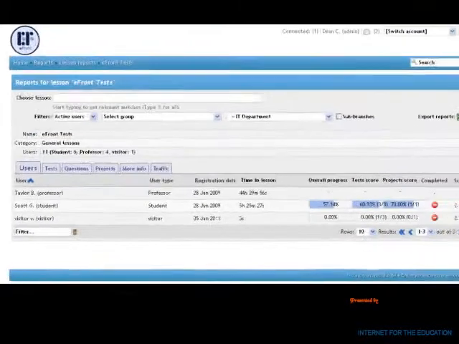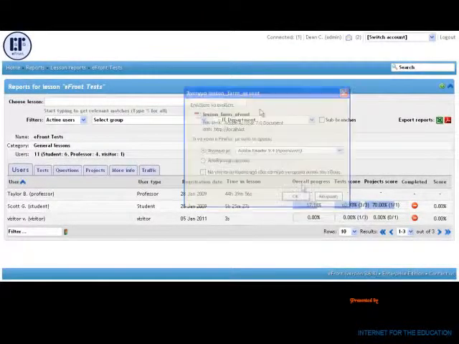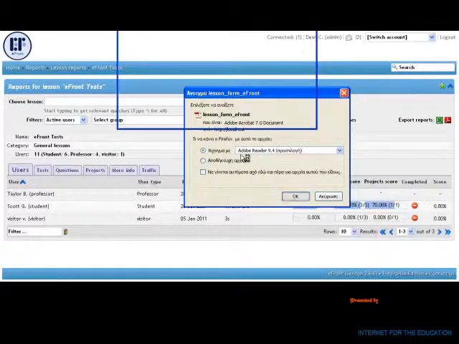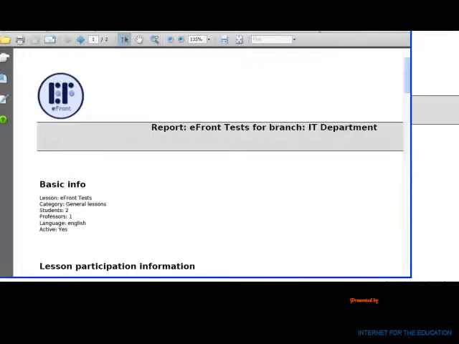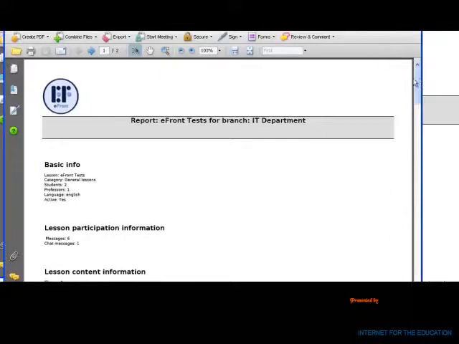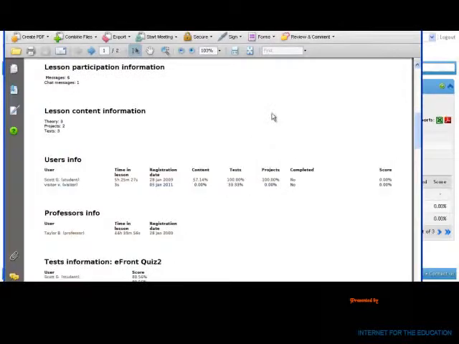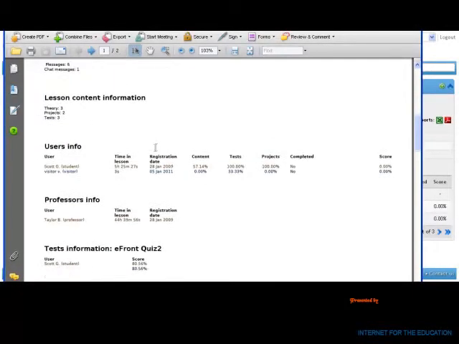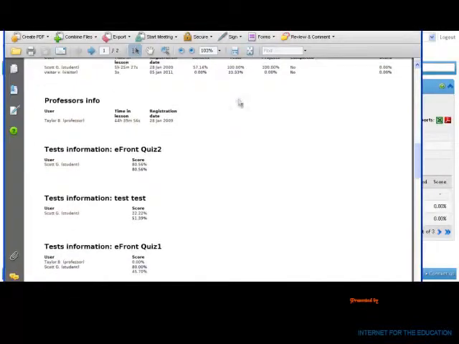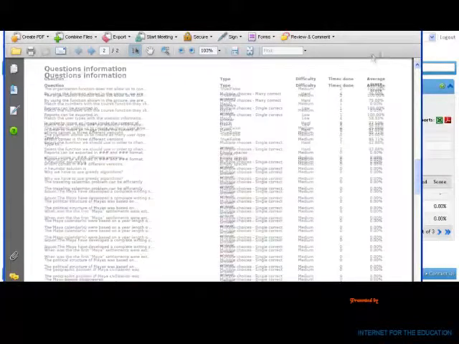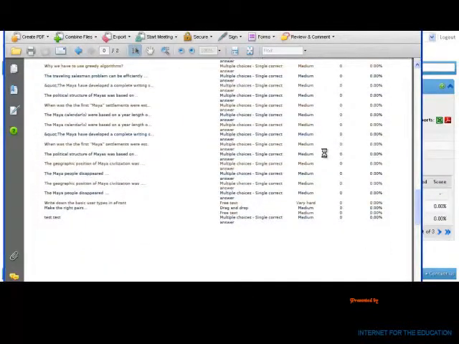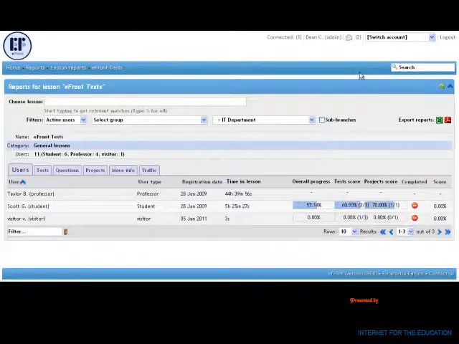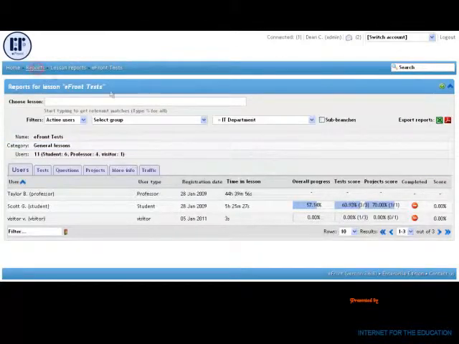We can also export these reports to PDF files. Once again, these reports include all the information that is stored on eFront, which we can use to print and keep a hard copy of these reports. Going back to the reports page,